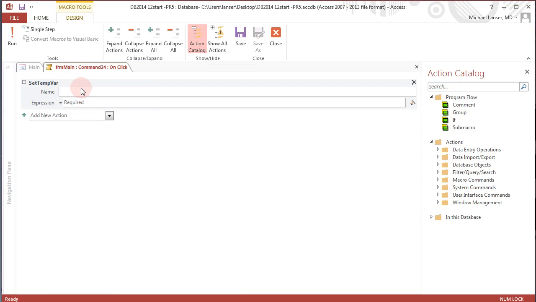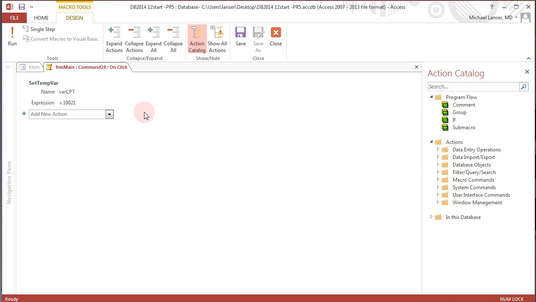And we can call it anything, but by convention, a variable is a VAR, and we'll call it VARCPT. Now, if you'll notice, if you just hover over something, it's like a little tooltip appears. And if you hover over expression, this temporary variable sets, and it tells you a little bit of information. It sets a temporary variable with a given value. Okay, so 10021 is a value,